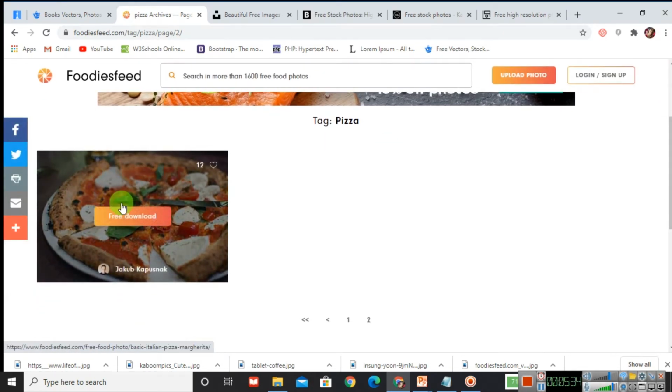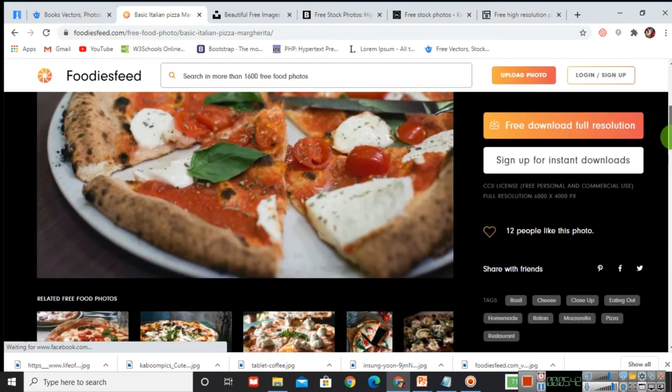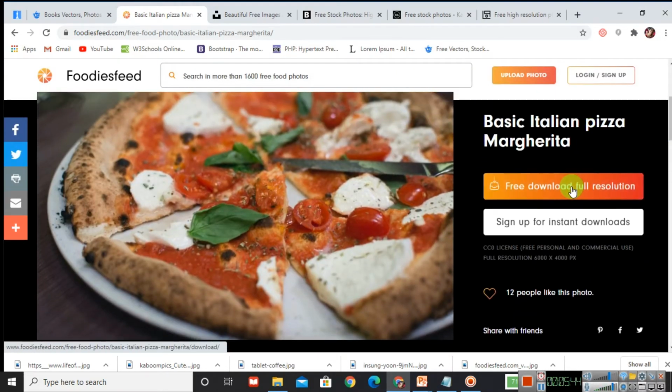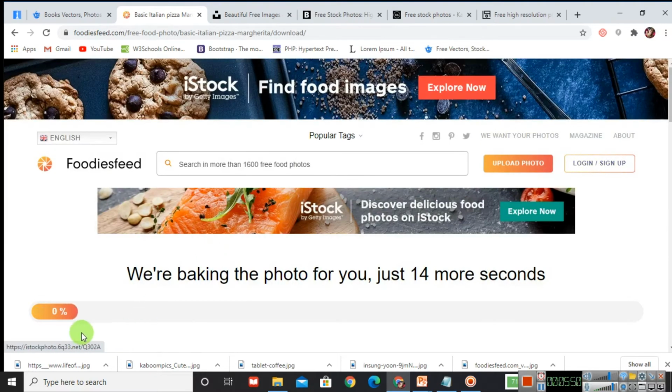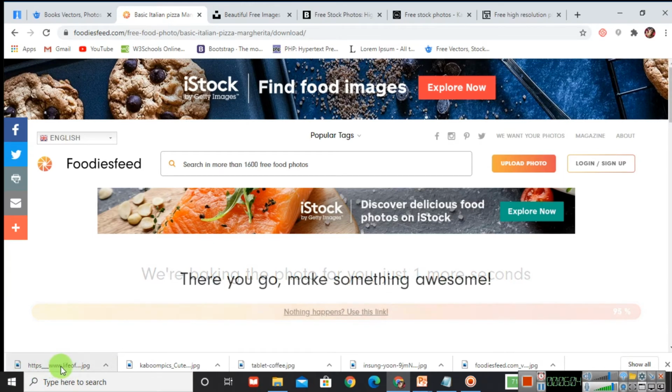So I'll click on this particular image. And here click on free download full resolution. So here you can see my image is downloading. It is taking a few seconds. So once it is downloaded, you can see it in the list over here.